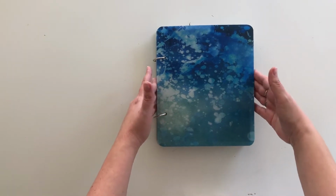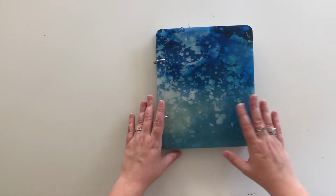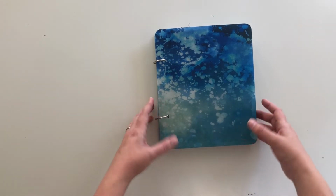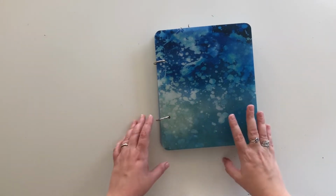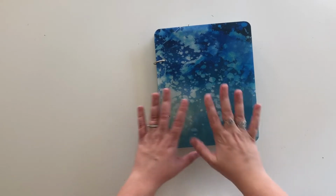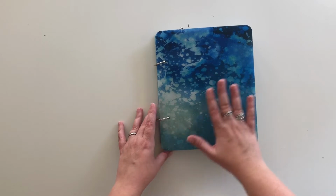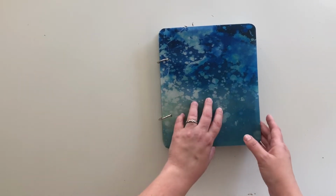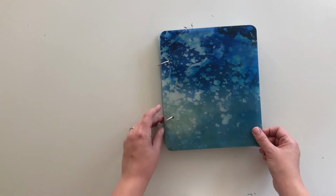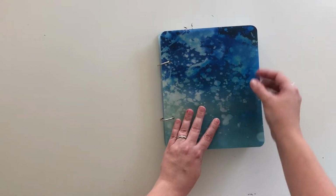It's a mini album for a trip I took to Michigan in 2016. So I'm currently working on last year's trip. We have been going to the same place in Michigan for a few years now, and as I'm working on that, I thought I might as well just walk you through the album I created for the year before, so 2016. So it's a 6x8 album, and I created the cover using